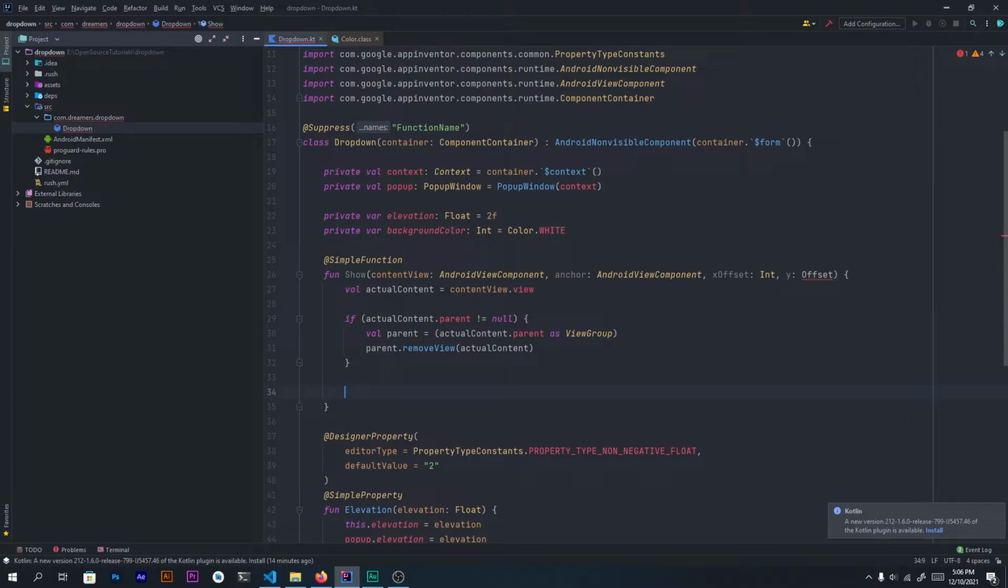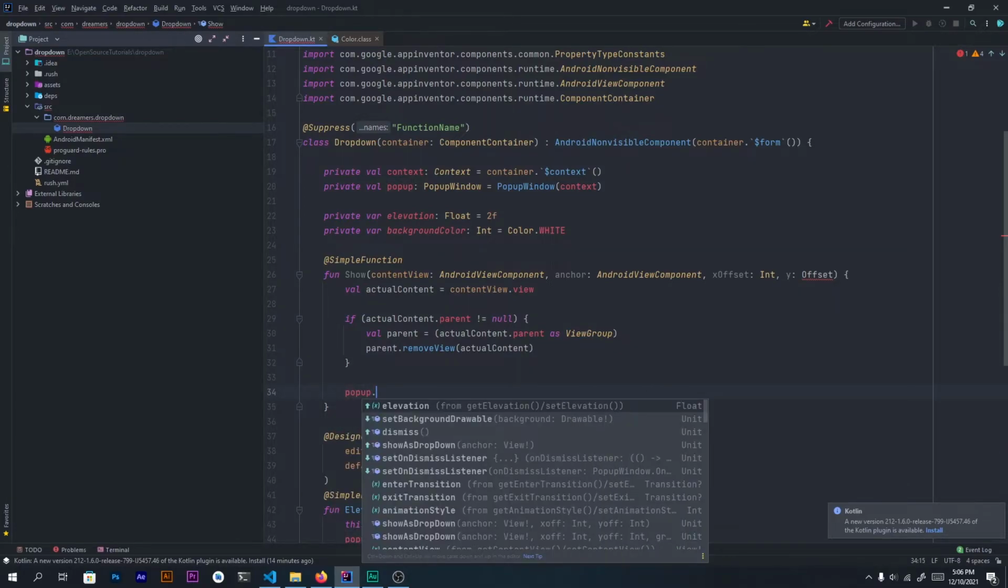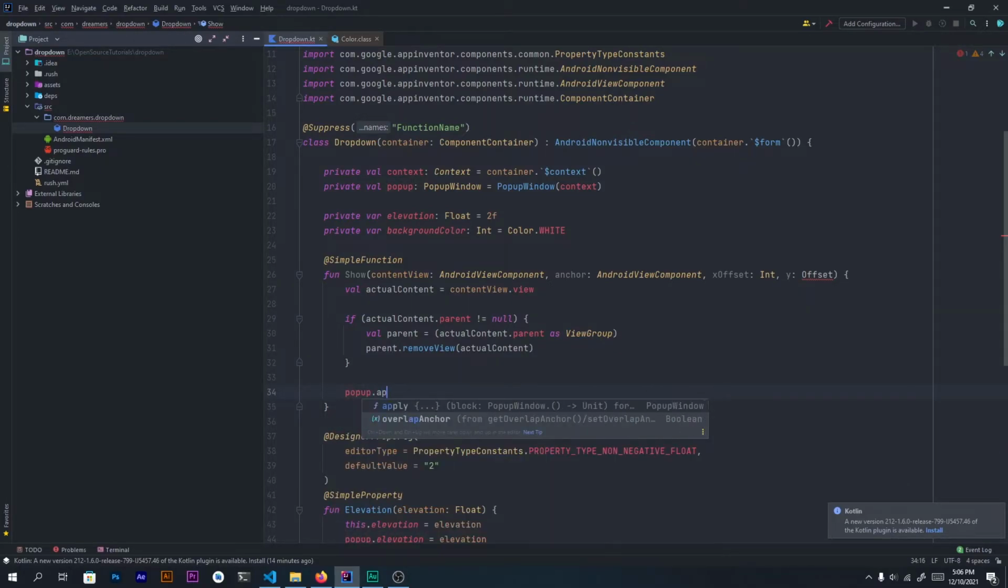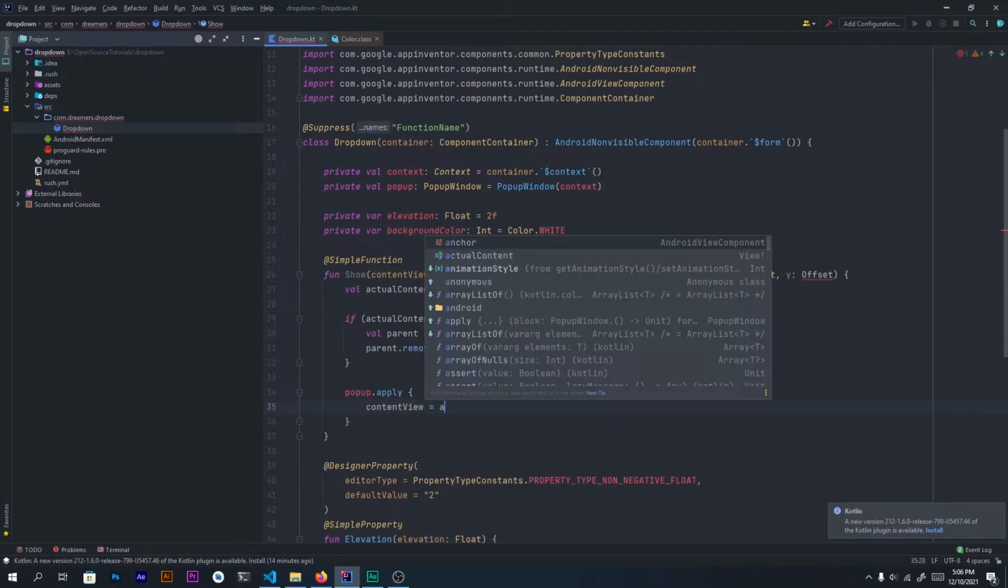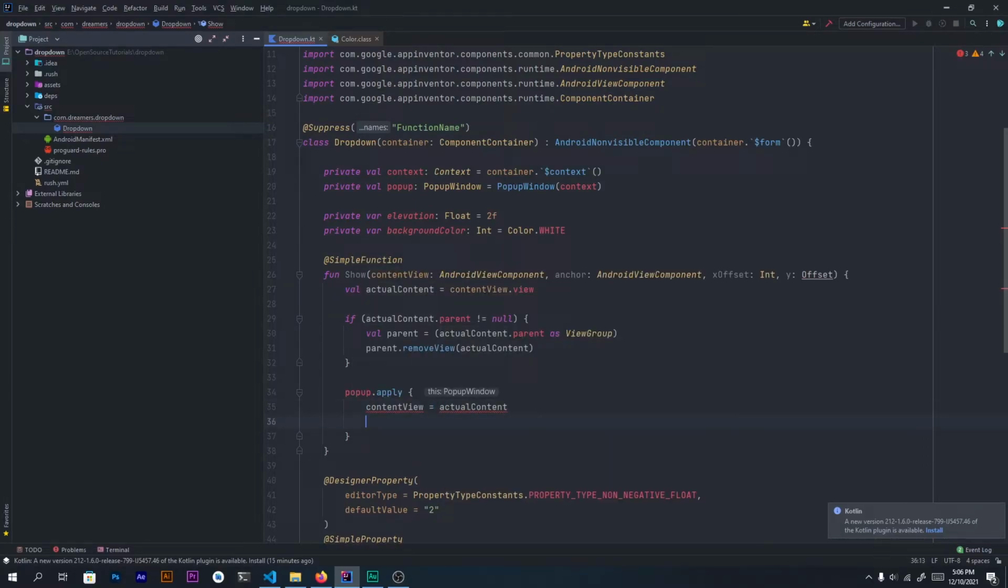Next, we need to call some functions on the pop-up. So this apply comes from Kotlin. You can use this to call functions directly on this pop-up instance. So we'll do contentView is equal to the actual content, and next,